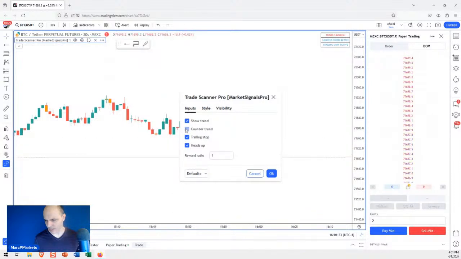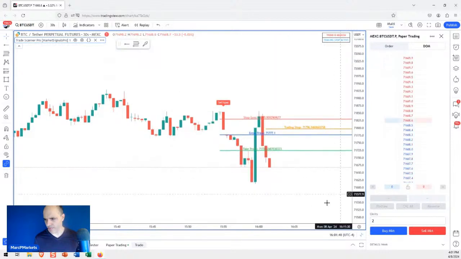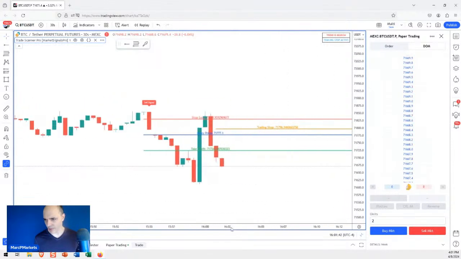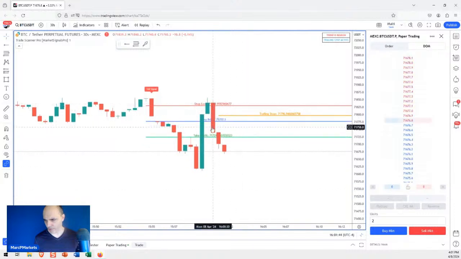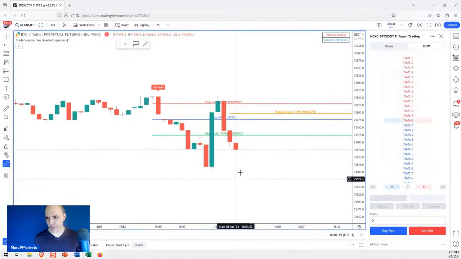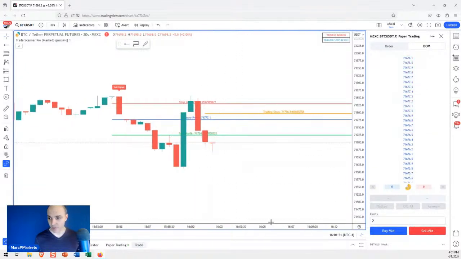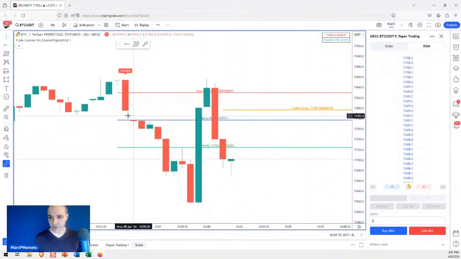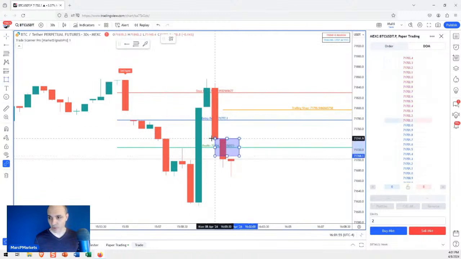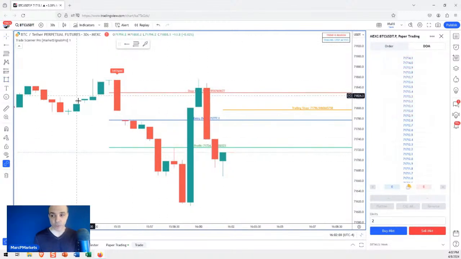Let's go back, let's take counter trend off, and let's leave the heads up on. So this trade is still in play. Obviously, there was a short called here on a 30-second. All right. Now look at this. Here's a perfect example of the trailing stop. This thing went below its take profit. You see that? You say, well, how come we missed that? Well, because I wasn't on the trend time frame when this thing was called. Does that make sense? I don't want people to get confused here.